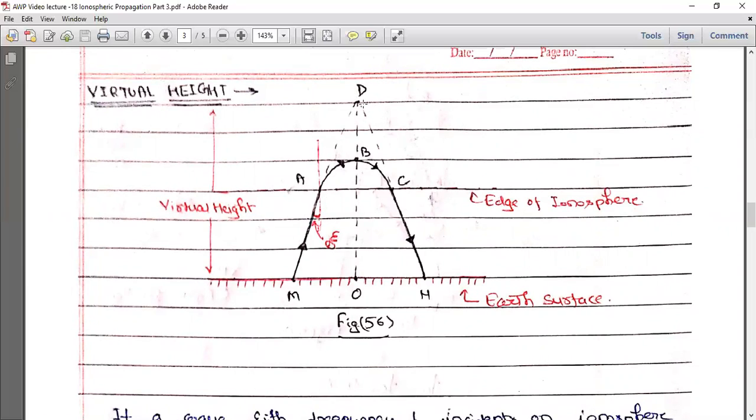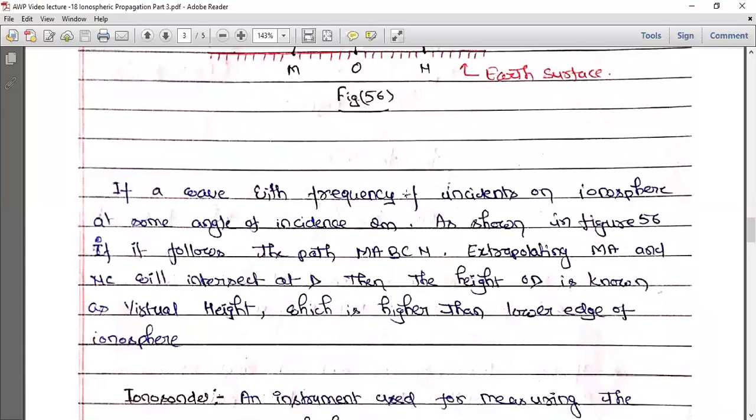Then in this particular case, for this particular frequency f, for angle of incidence theta m, this height OD is known as the virtual height achieved by this particular wave in the ionosphere. Okay, this is the virtual height. What is the application? This is just a mathematical construct, and it is used for finding one of the future results. So what is the significance, or the meaning, of this